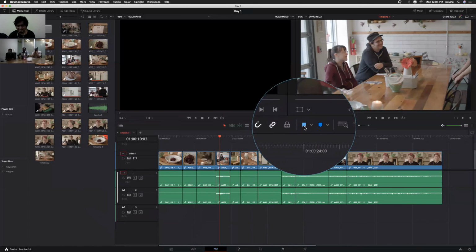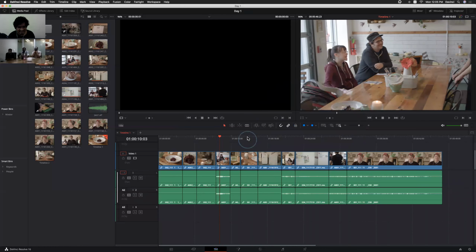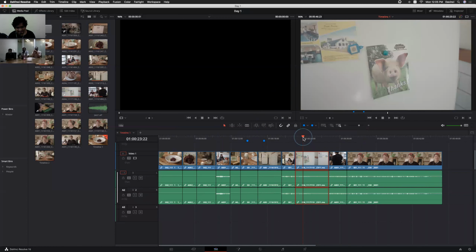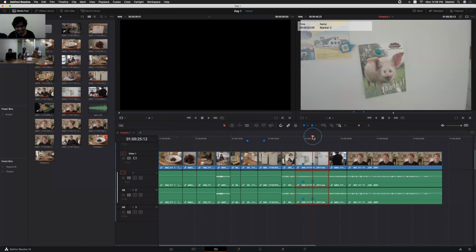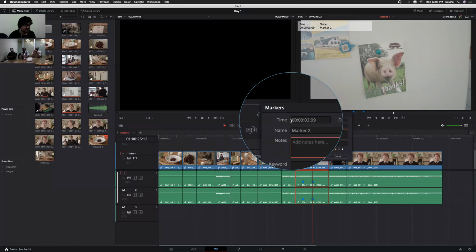And here we do have the flags and markers. This is the flags and this is markers. We all are using markers, right? There is nothing much to discuss in markers. Here we have timeline markers, as well as by selecting we can add even clip markers also. By clicking option M or maybe M twice, it will open up the name, description and everything.